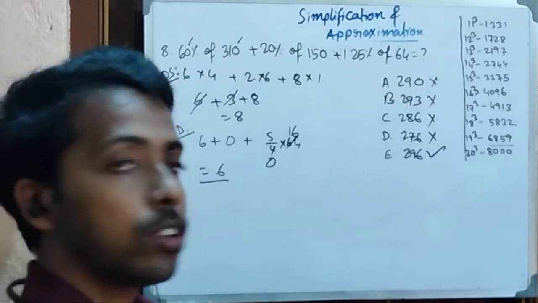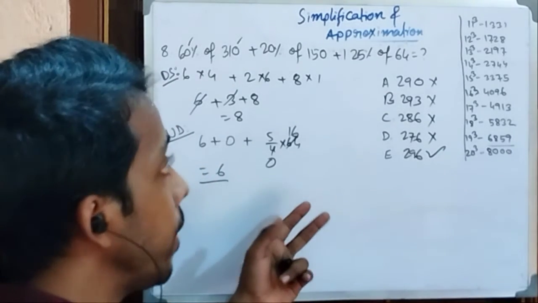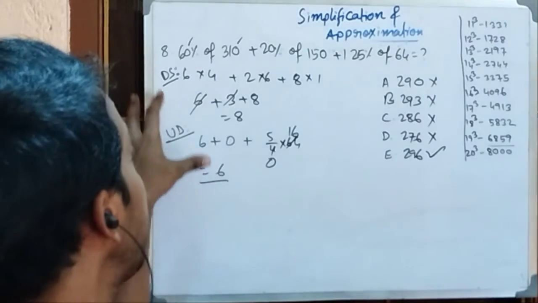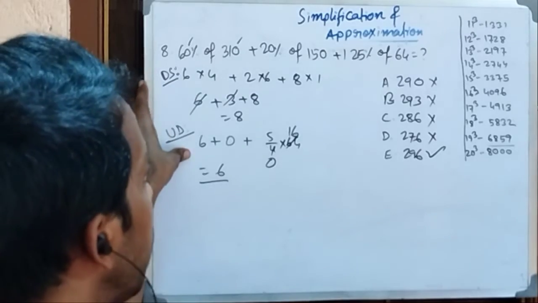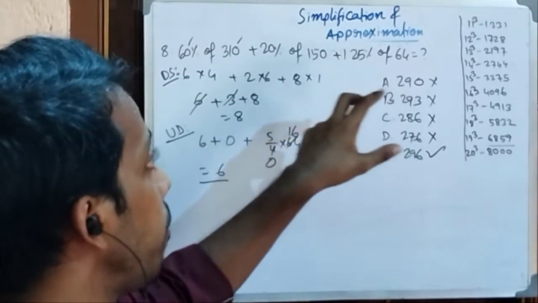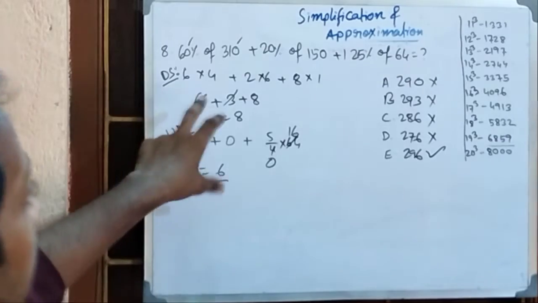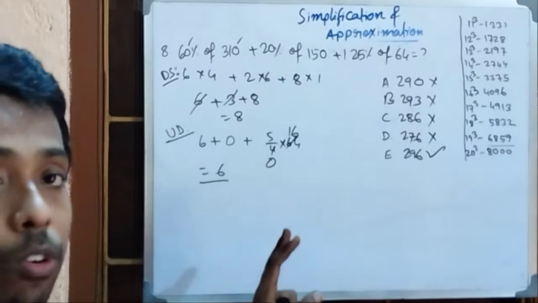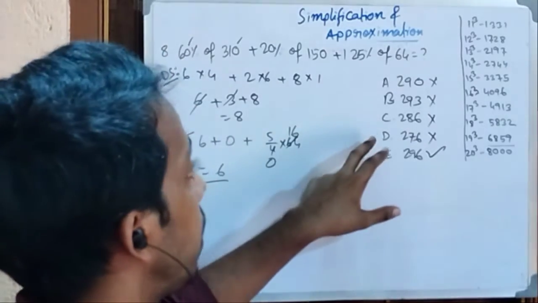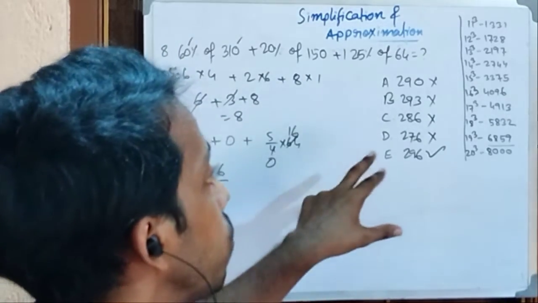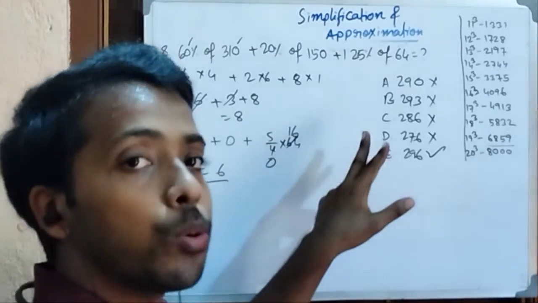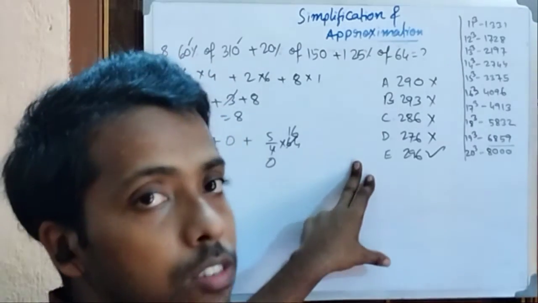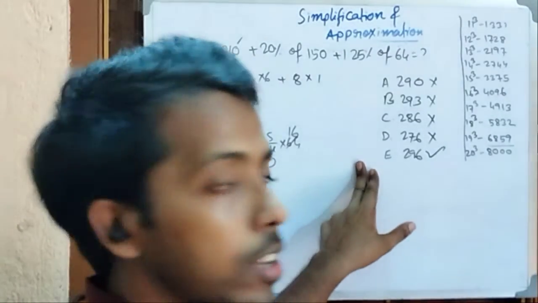Okay, understood? So can you enjoy this process, right? Unit digit sum method is very easy. Better to solve this by these two methods only, rather than solving this question in a traditional method. This will become very handy. See how much time you take to check this, just taking the digit sum. But yes, one piece of caution: this digit sum and unit digit method can only be applied in simplification questions. You cannot apply this process in approximation. Okay, so there are some limitations of using this DS and UD, right?